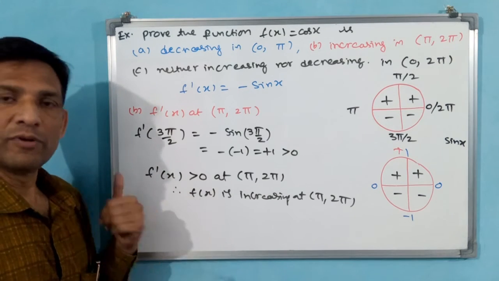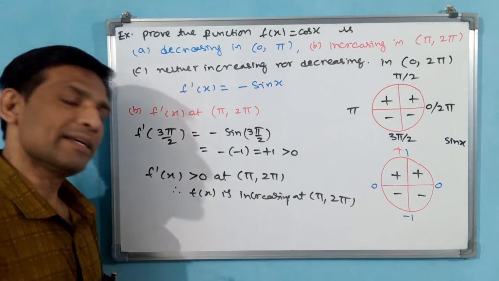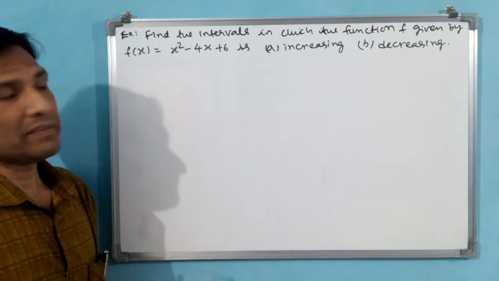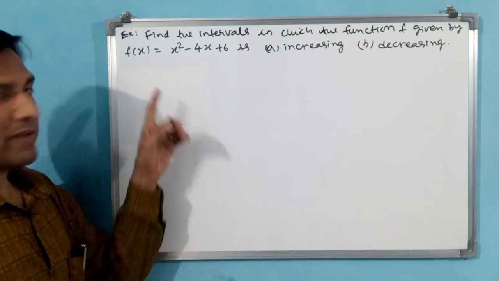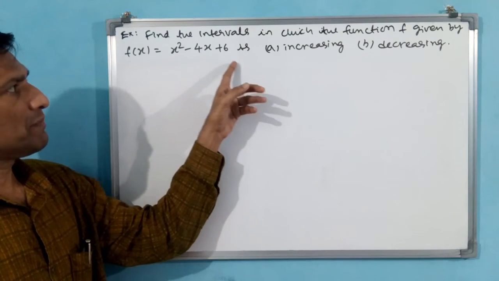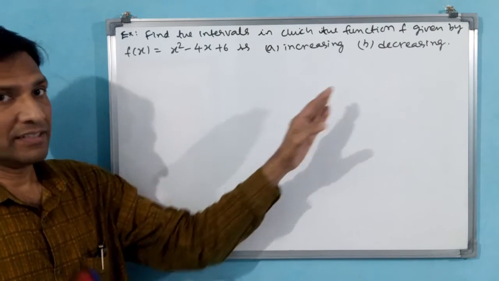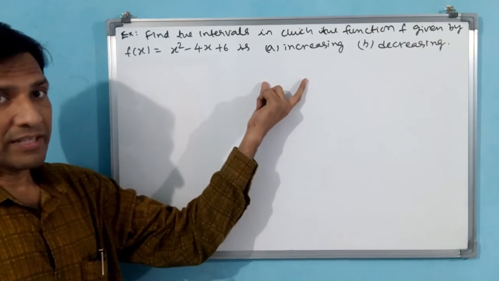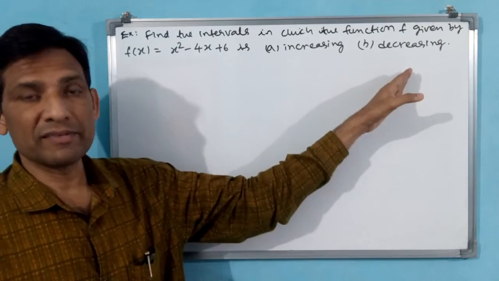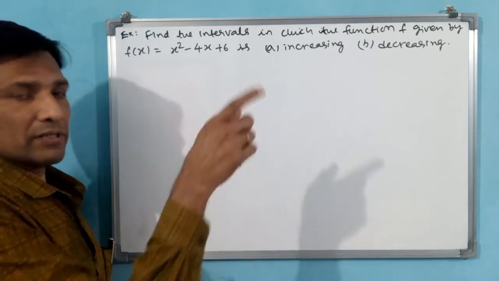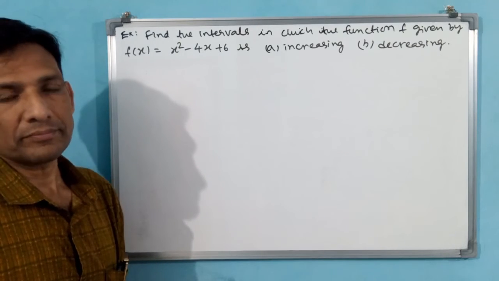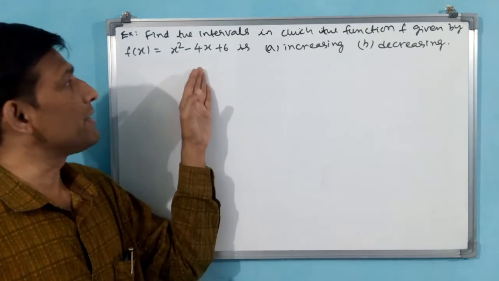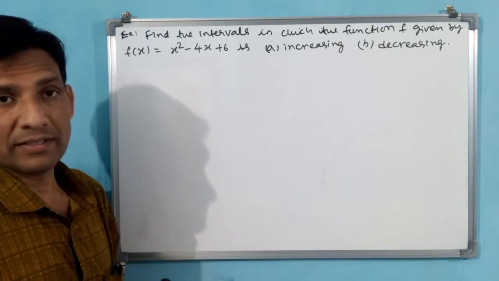Okay. If you understand this, we'll go for one more example. Okay? Let us go. See this example. Find the intervals in which the function f given by f of x is equal to x square minus 4x plus 6 is increasing, decreasing. See, the function is increasing and decreasing, he only telling. But intervals are there. At certain interval, the function is increasing. At certain interval, the function is decreasing. Those intervals you have to find. Okay? Same function increasing and decreasing both is happening, but intervals are there. Those intervals you have to find.